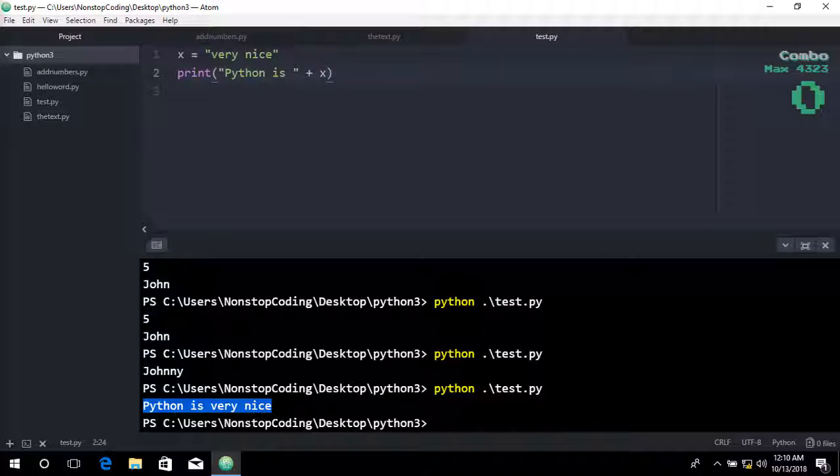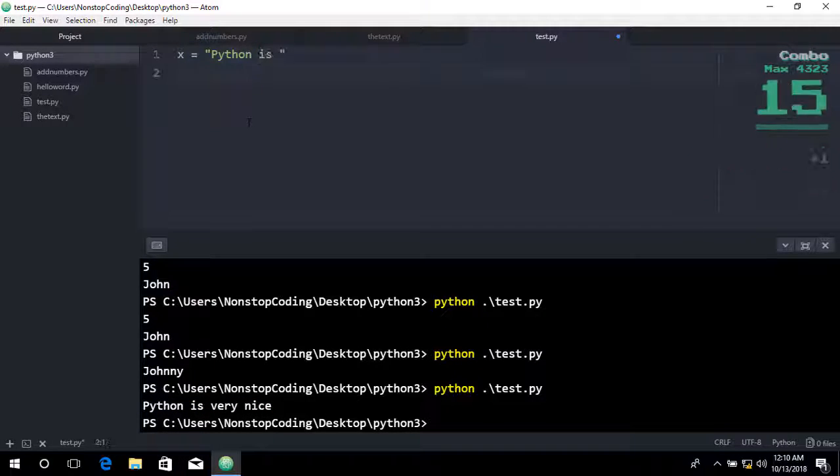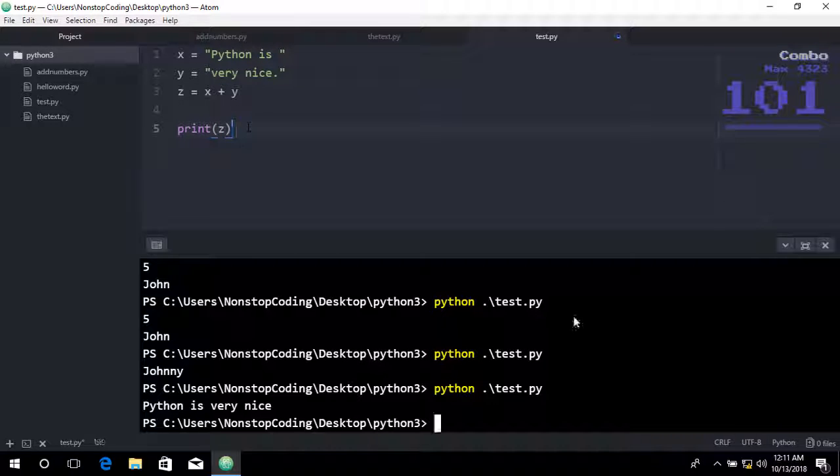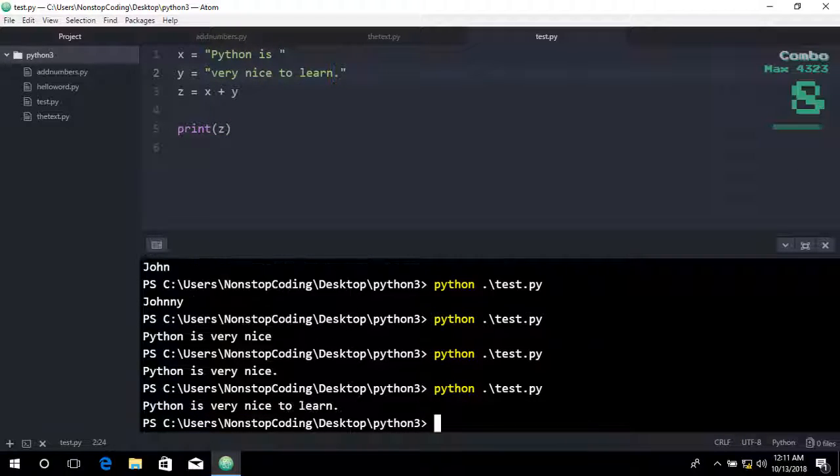you can also use the plus character to add a variable to another variable. For example, for numbers, the plus character works as a mathematical operator. For example,